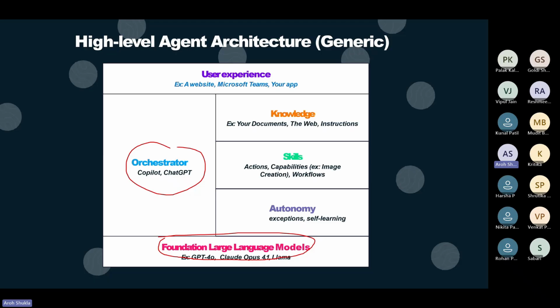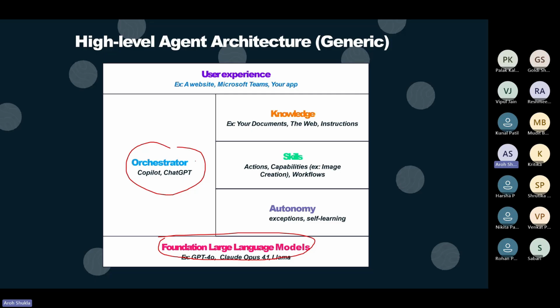Example, I went for a run today. My brain told me, okay Arya, you ate too much food yesterday, now it's good time to go out. So I went for a run, and then I saw there's no traffic there. Then I stop and see the scenery. That is an orchestrator. The brain is actually controlling everything. So that is a part of your LLM. You could choose anyone as the orchestrator. Here I'm giving Microsoft Copilot, or it could be ChatGPT, could be Gemini, could be any other tool.